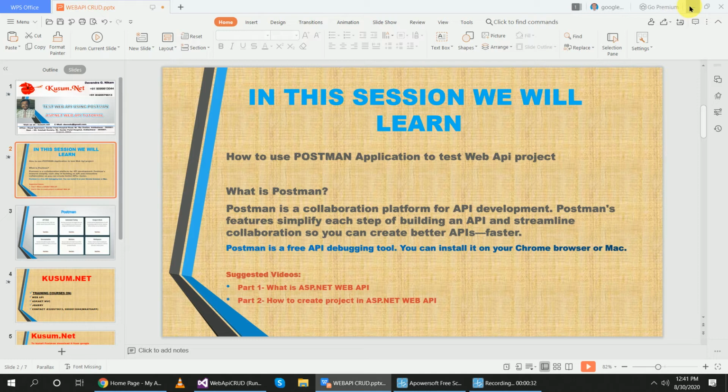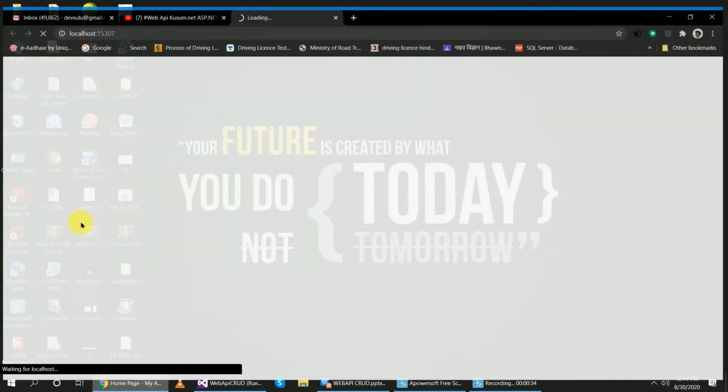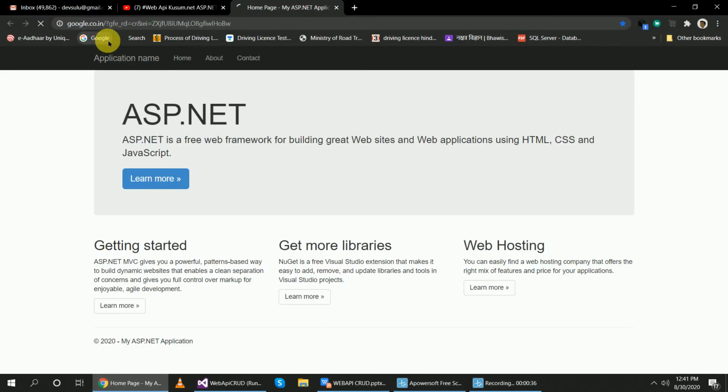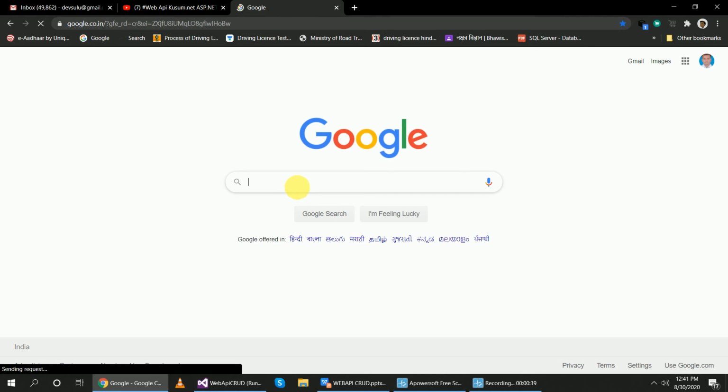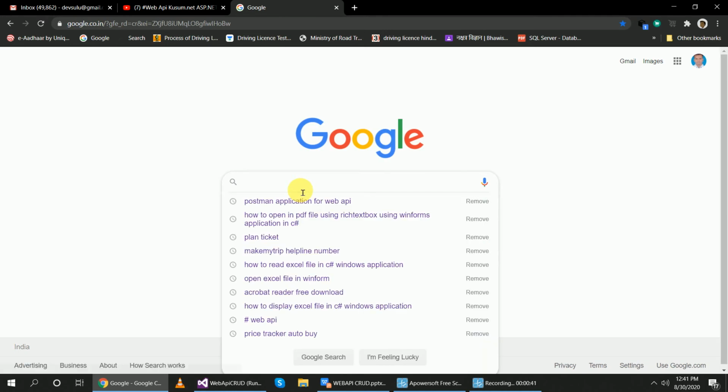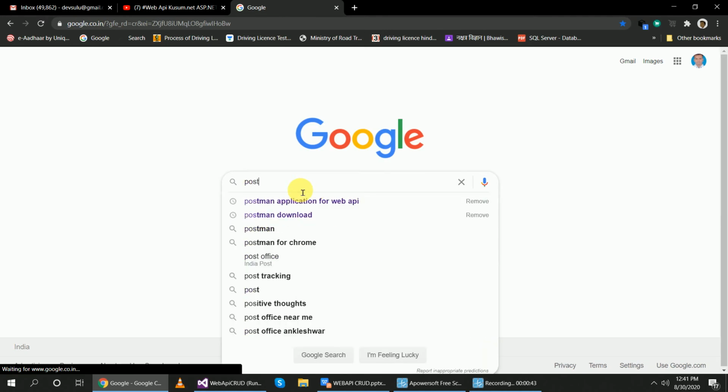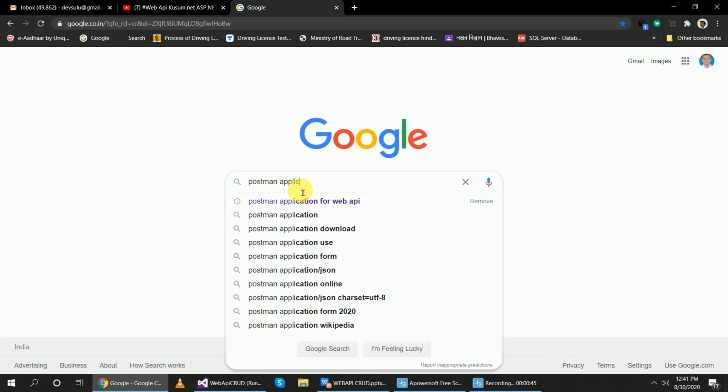So, if you want to install, you will go to Google. Inside of Google, you will write Postman application for Web API.